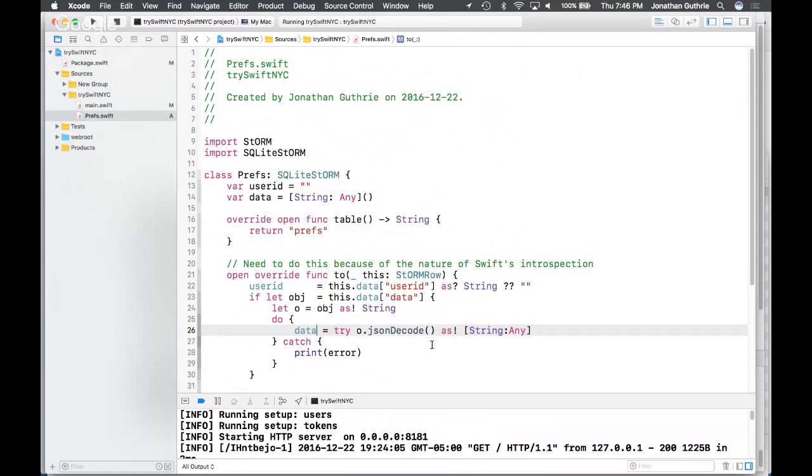Many languages have introspection features where the language itself can look at what a class is, what its properties are, in some cases determine the type of the properties, and determine what functions it has, that sort of thing.